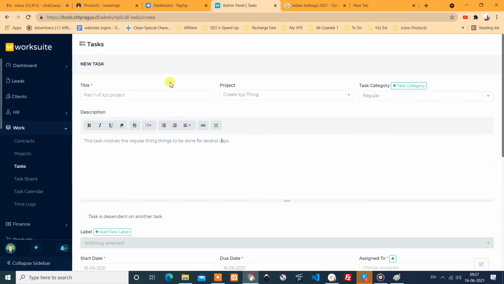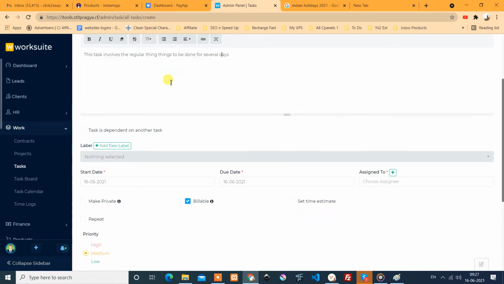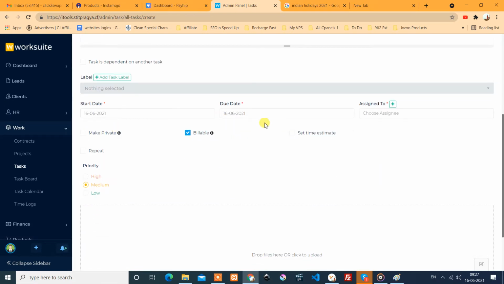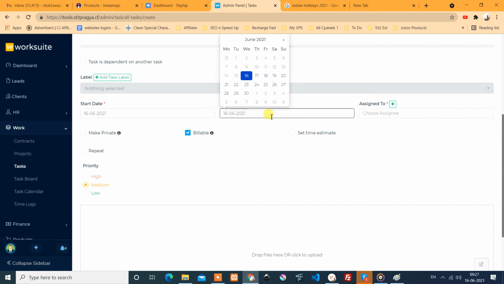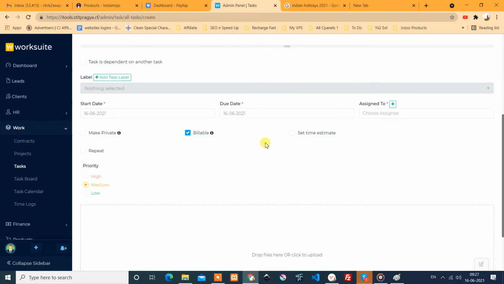Currently it is our first part, so it is not depending upon any other task, so I skip it as it is. So our project has that deadline, that start and end date we created from 16 to 30, and we can also have the start date and end date for the task, because this task is to be executed.